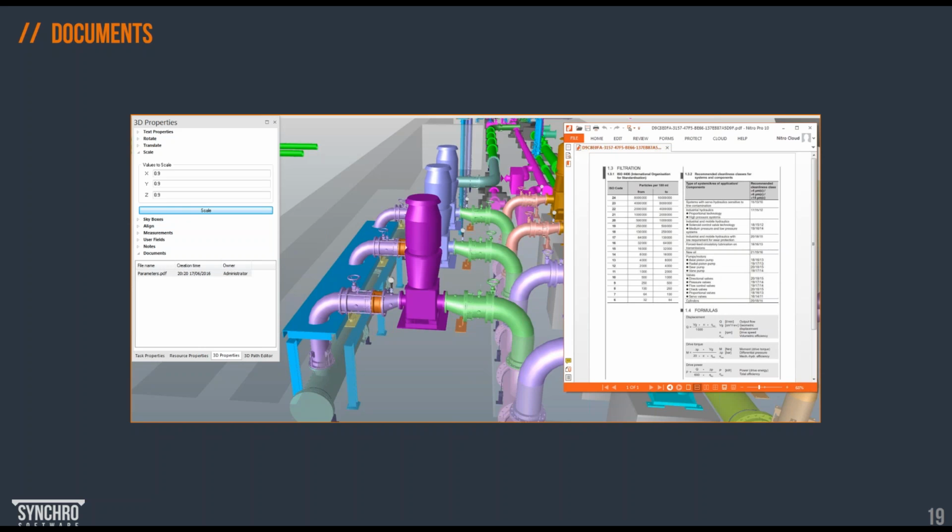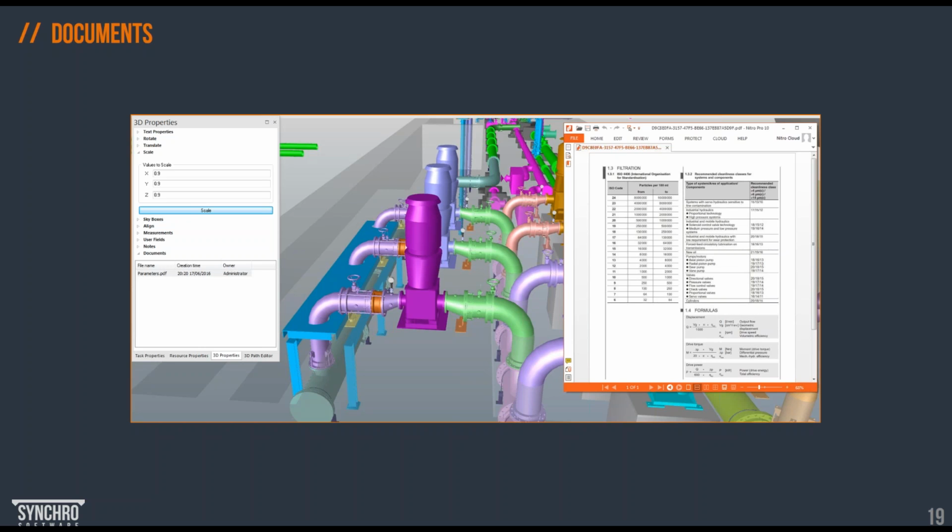In this case, the slide shows a specification of the pump associated with a specific object in this model. So you can actually go to that object and bring up that specification on the screen. That document is then either included in the SYNCHRO model, or could also be referenced as an external document.